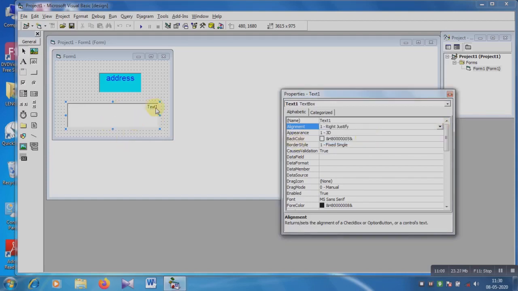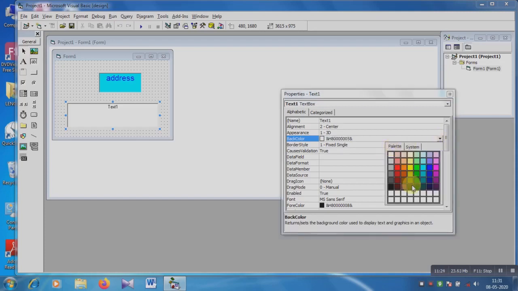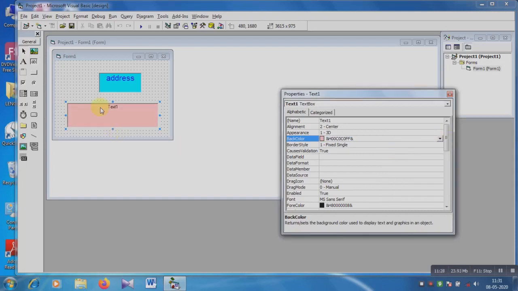Right means, see this portion, now text1 is on the right side. I am choosing the center. Okay, then back color means background color of the text box. Choose the back color, click on the palette and choose from here. I am choosing this, means background color of the text. Then border style, you can choose just one border style, fixed single.